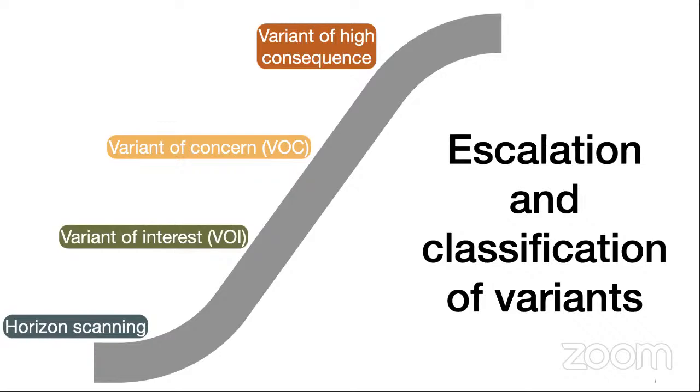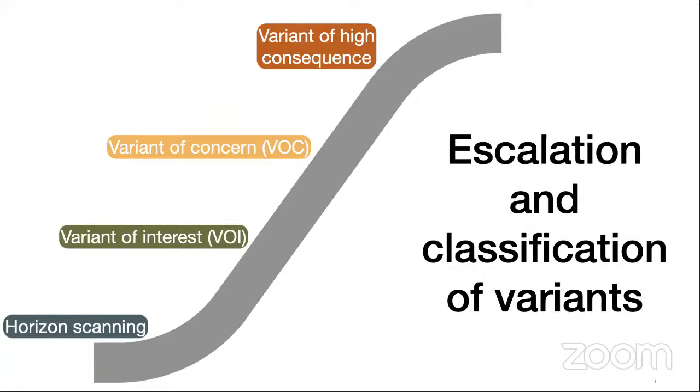The response to a variant of concern, or VOC, is usually accompanied by surge testing and greater public health interventions for control. And that comes with a gradual increase of evidence. And I say gradual because we need to generate that evidence. So we need an increase in the level of evidence that they have characteristics of increased transmissibility, immune escape, or